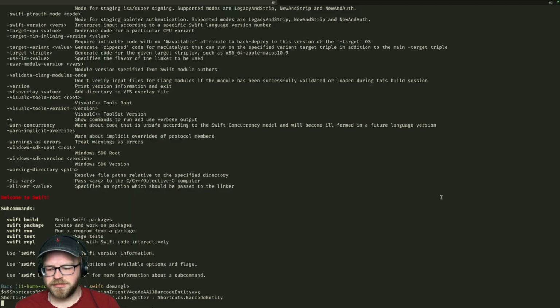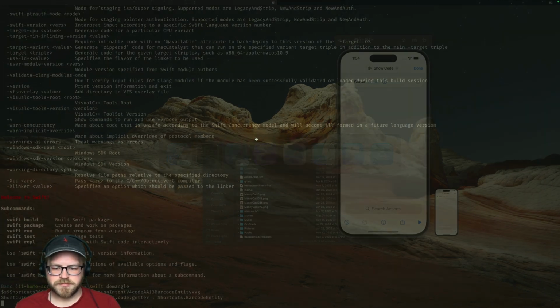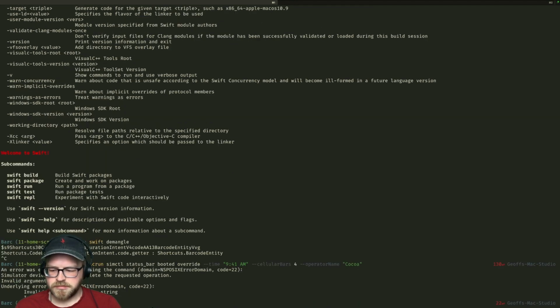Also though, xcrun simctl status bar, blah, blah, blah, all the things. Boo. Invalid non-ISO date time string. Invalid argument.